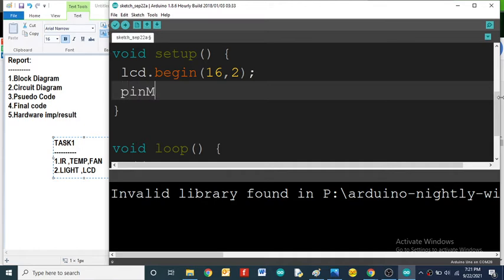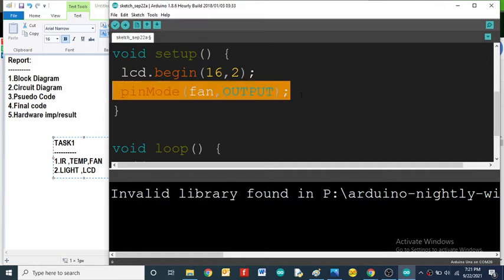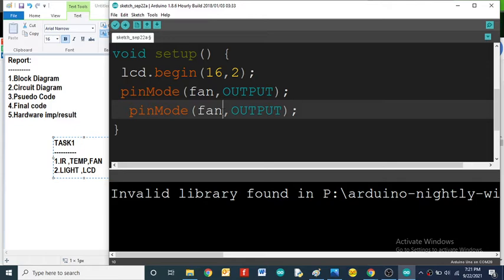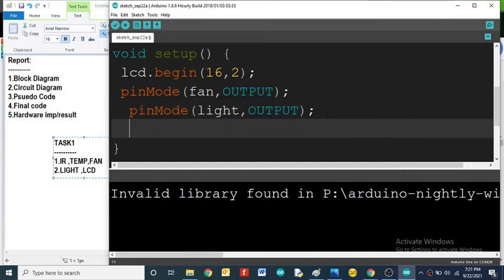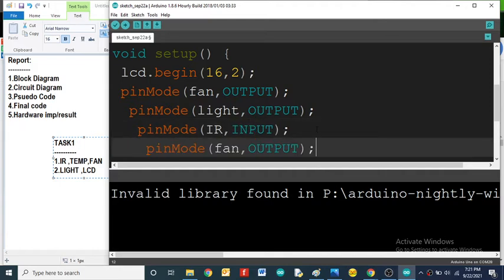Then pinMode fan output, again light output, then IR input, then LM35 is equal to input.